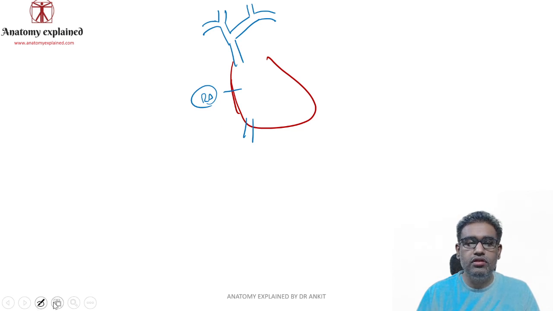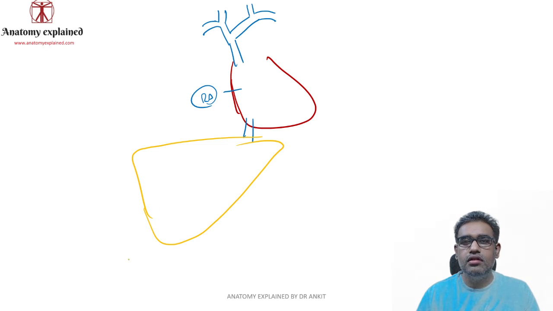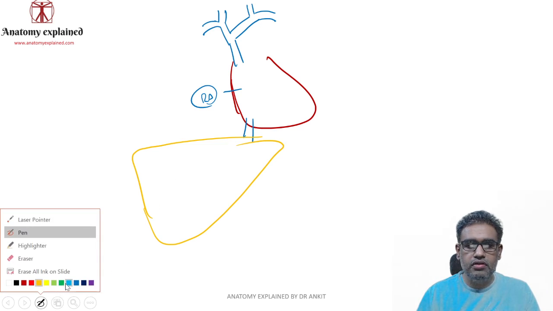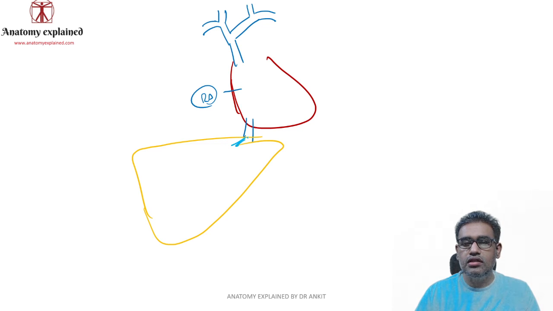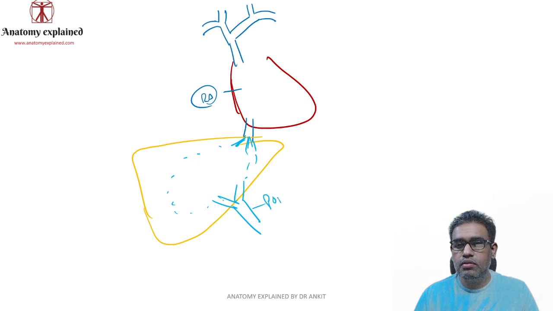This is your IVC over here, and here you have this organ, that is your liver, which is placed somewhat over here. Now these are the hepatic veins which are going inside the IVC, and all these are small sinusoids. They will all combine, and these would be your portal vein which is going inside. So that is our portal vein.